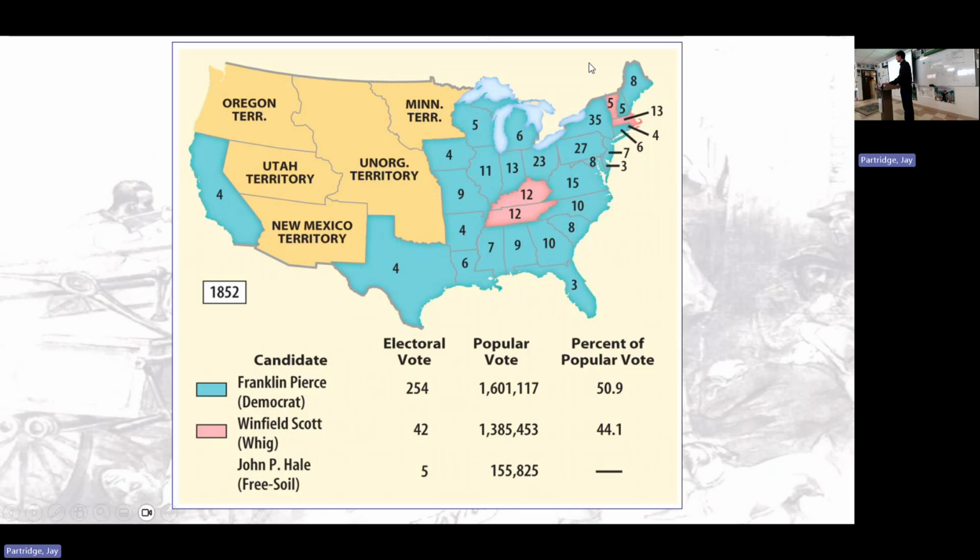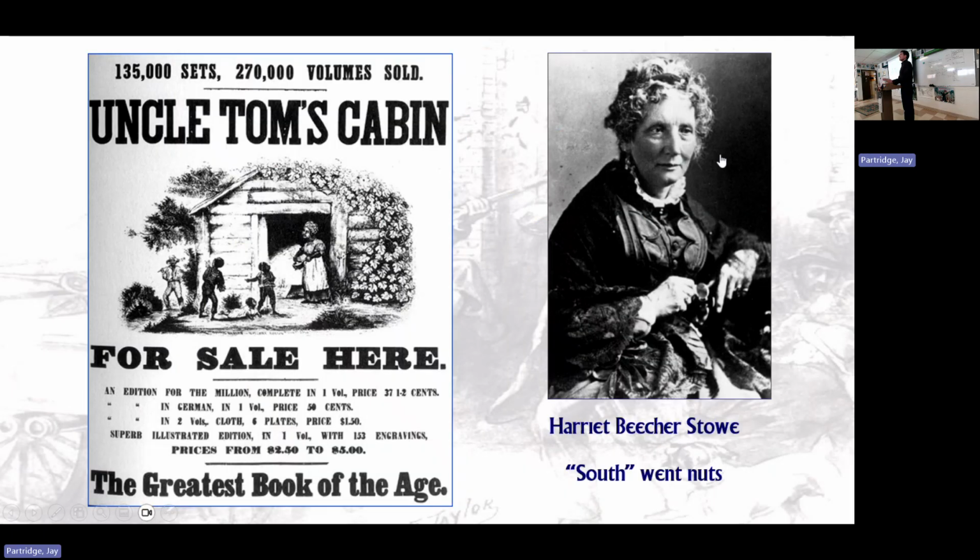Good to remember. All right, so the same year Uncle Tom's Cabin came out. Written by Harriet Beecher Stowe, this anti-slavery novel became one of the best-selling novels of the entire 19th century and would infuriate the South. Stowe wrote a pretty amazing novel about the condition of the slaves in the South, considering that she'd never really left Massachusetts.